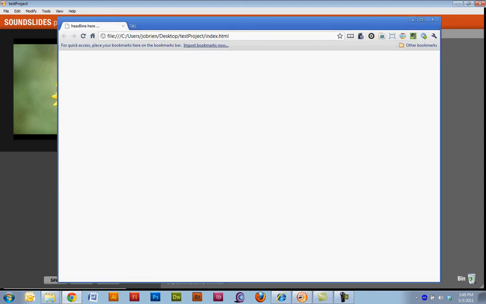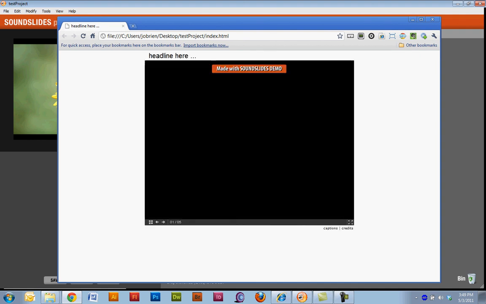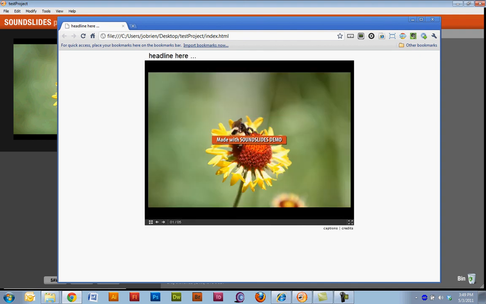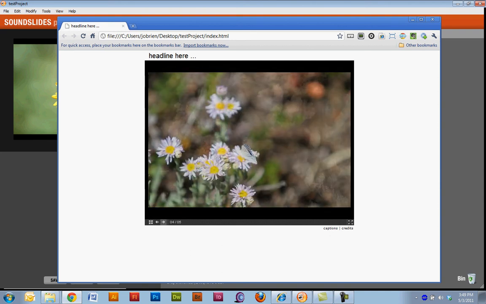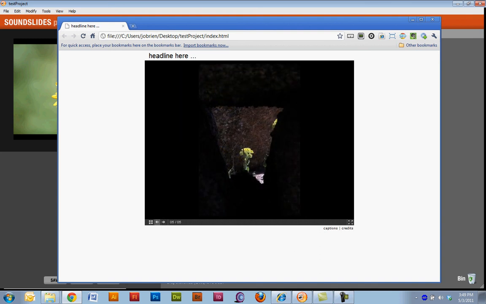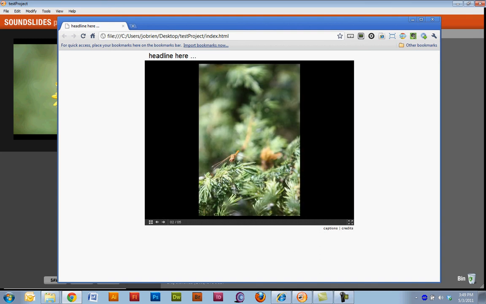It produces the files, and in a moment here we'll actually see the little Soundslides project, what it looks like in the HTML window. And of course it gives us the made with Soundslides demo, and this is what the user gets. We can surf it like it's a gallery, or we can use these little arrows to navigate back and forth as well. As you can see, some things are missing. I don't have a headline in, and if I click on captions credits, in fact, I'm not even getting caption credit right now, but there's nothing there really. So I'm going to go ahead and close that,